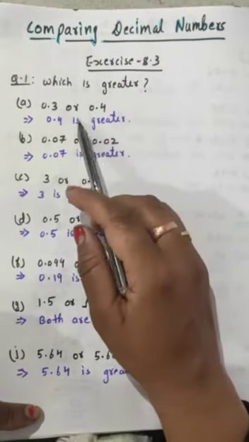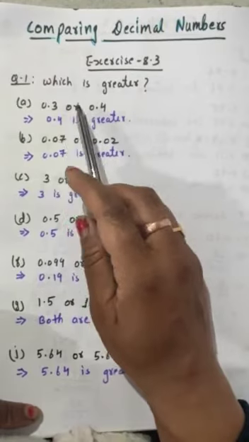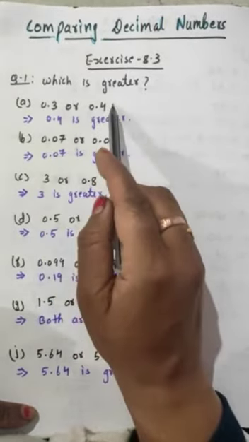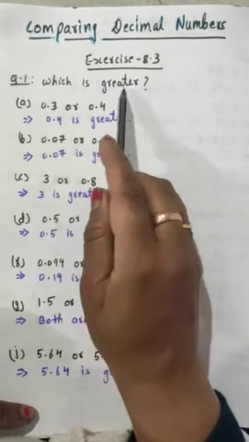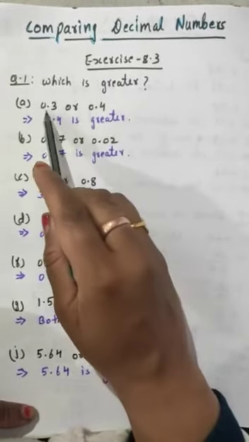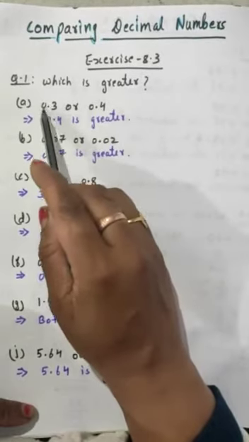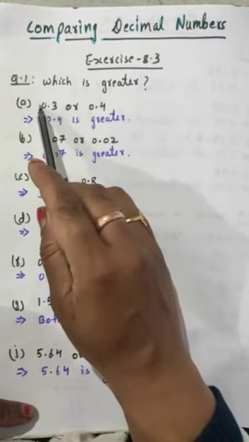Now what is the difference in natural numbers and decimal numbers. आपको decimal के बाद एक एक digit को compare करते जाना है. For example, the first one. Now in this case you have to write which is greater. So 0.3 or 0.4. तो सबसे पहले आप this you will compare before decimal what is coming.